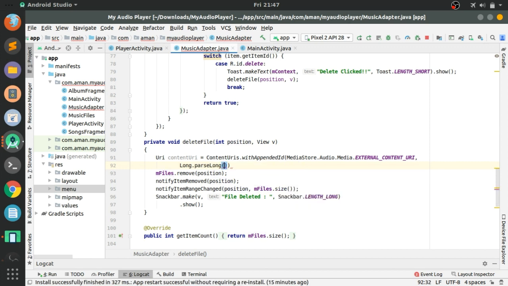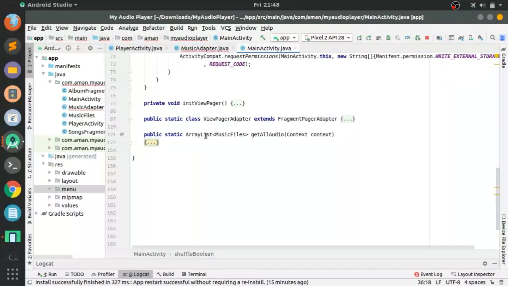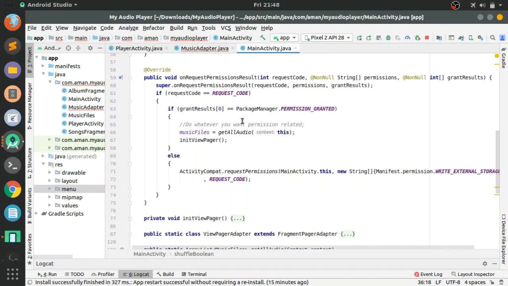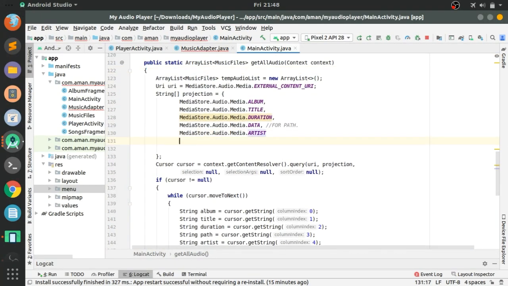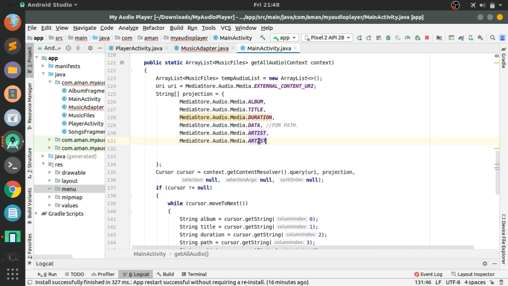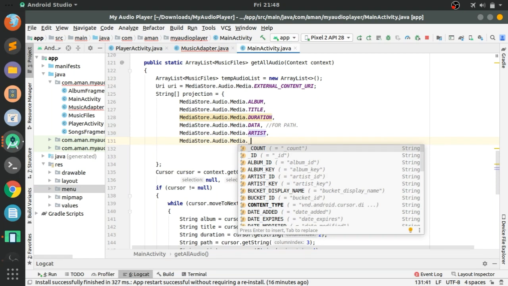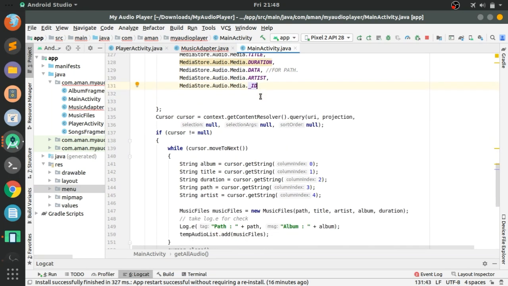So first of all, go to the main activity, and here in the getAllAudio method, here we have to assign a new column projection for ID, and also we have to update the MusicFiles class. Before that,